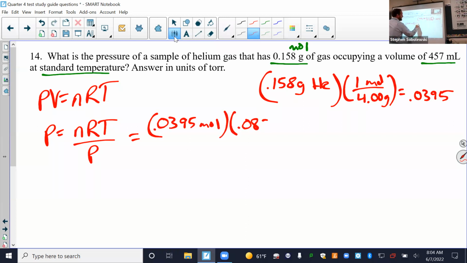R, 0.0821 liters atmospheres over moles Kelvin. T is temperature, standard temperature, that's 0 degrees Celsius, but you can't plug that in. You have to plug in